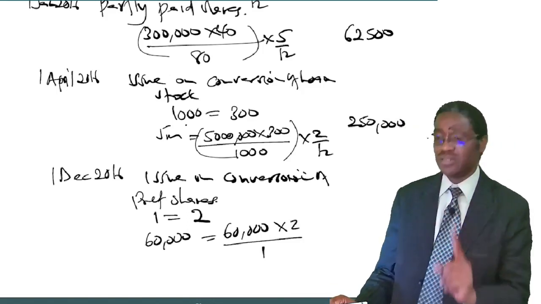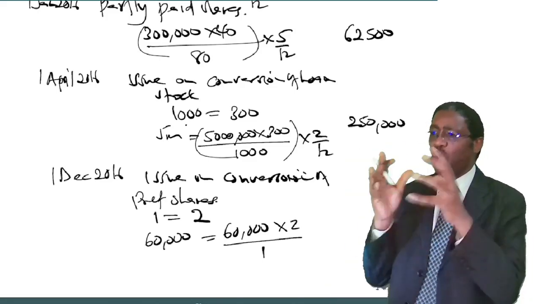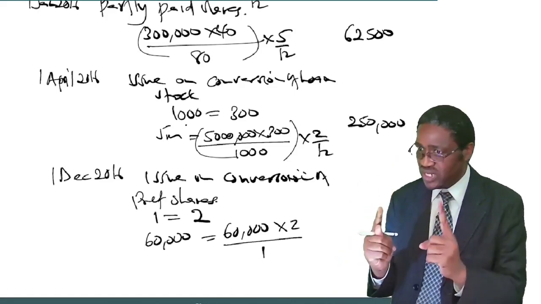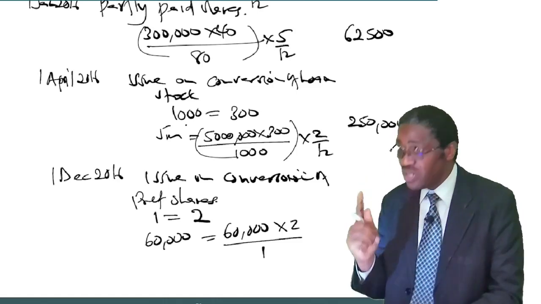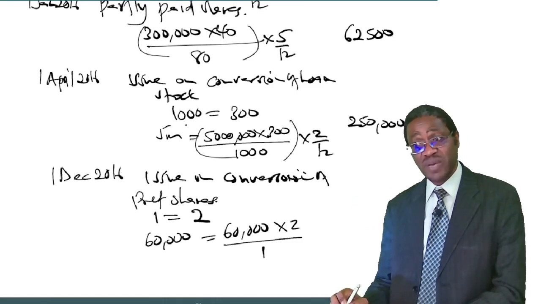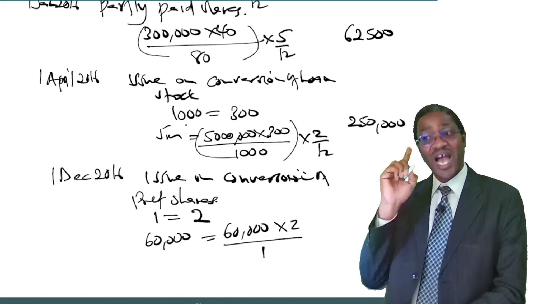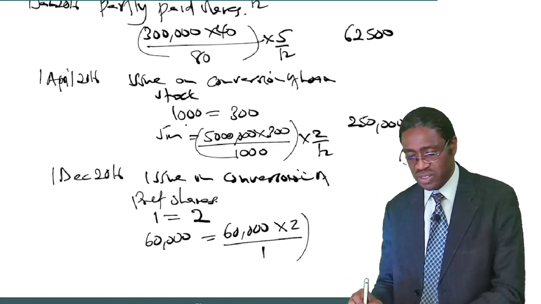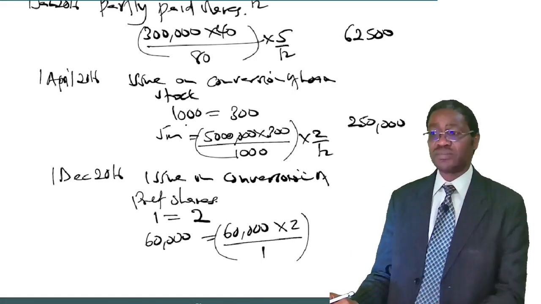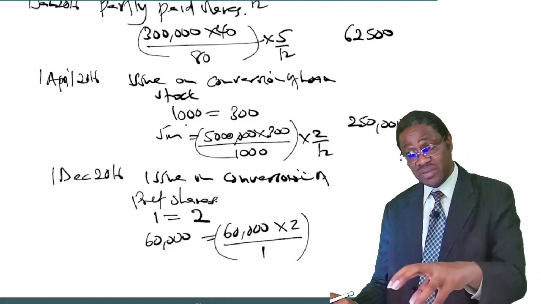Don't forget again. The rule says, when shares are issued on conversion, they must be done what? They must be weighted on what? On time basis. Just like the 1st April convertible loan stock. This is now preference. Who are converting? Again, they must be weighted on time basis. For how many months? These guys converted on 1st December